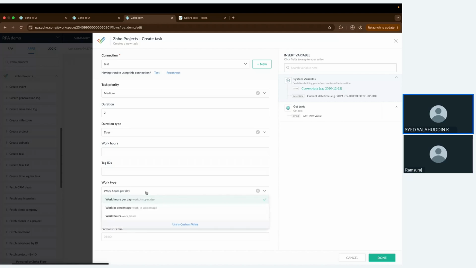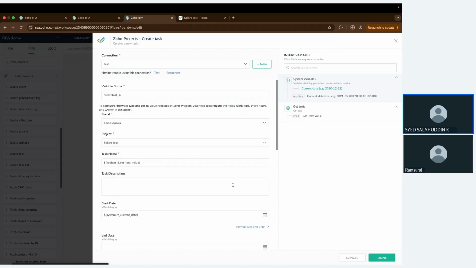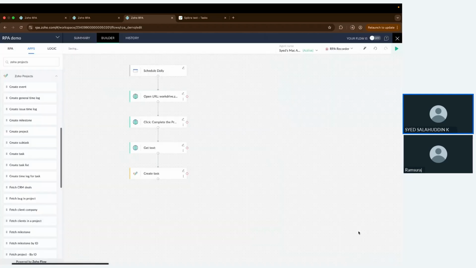So selecting the works per hour and maintaining the time. For work hours I'm going to give 8 hours a day, starting from 9 a.m. to 6 p.m. Sorry, the time has to be in railway time. Yeah. So once these parameters have been set up based on the data fetched or whatever you want,